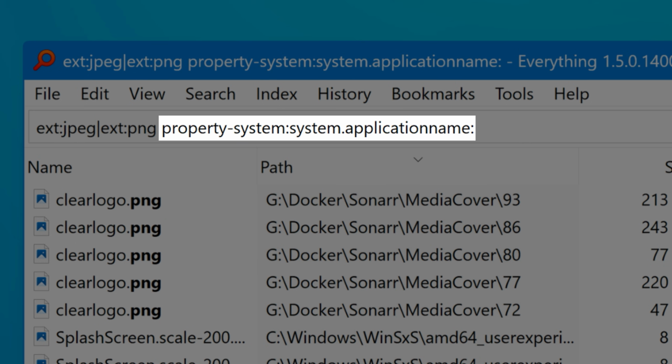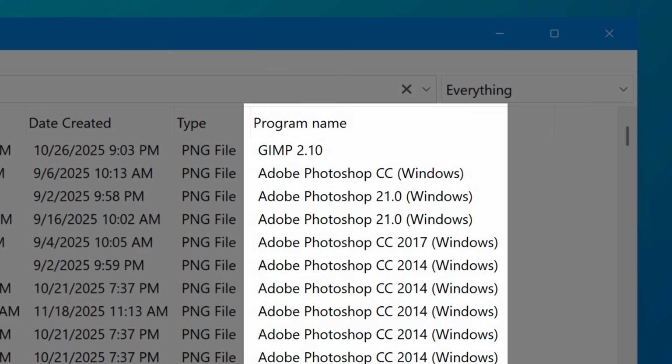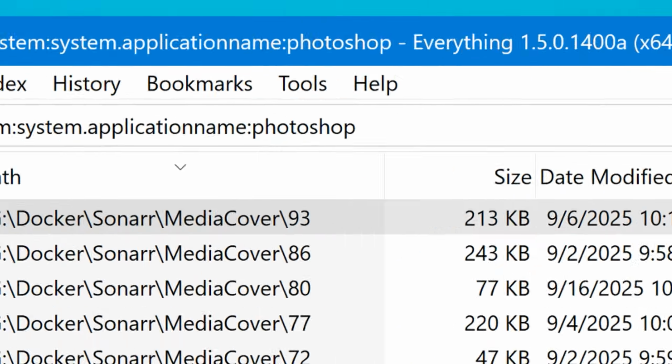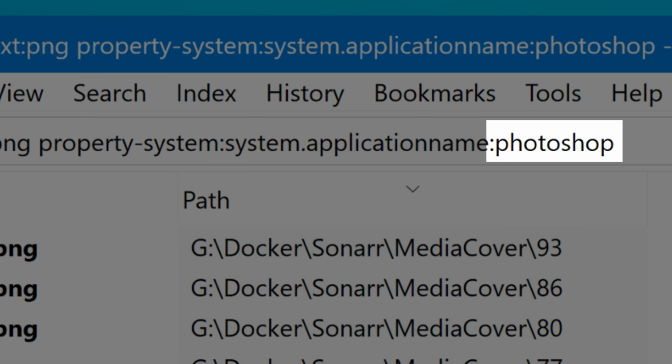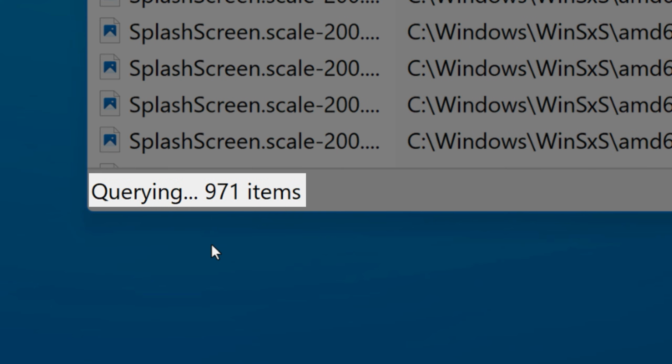Now, if you just leave it like this without any text next to it, it's just going to filter for files that have any kind of value for that property, but you can further filter for a specific value of the property by putting text next to it. This one, again, is going to take longer than a straight file name search because it has to check each one, so you'll again want to filter it as much as you can initially. That's why I just filtered it for images.